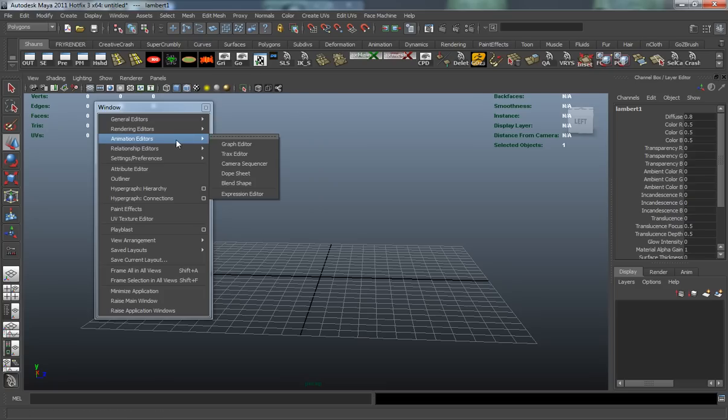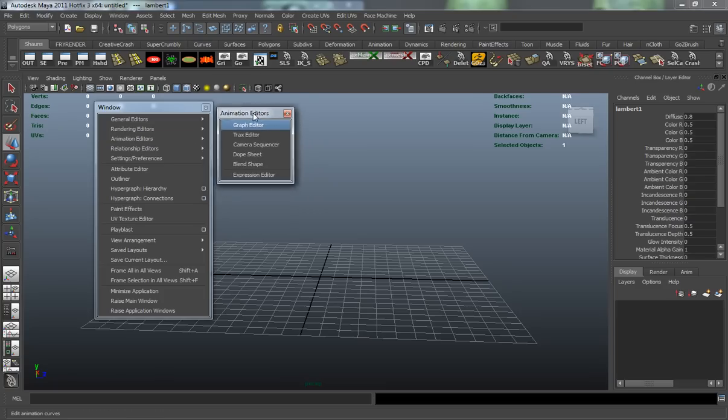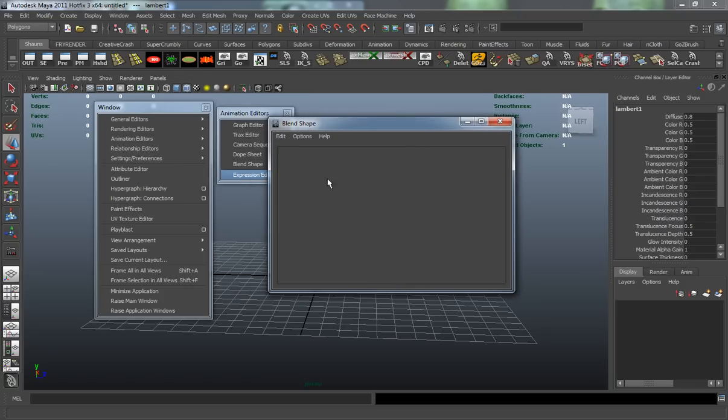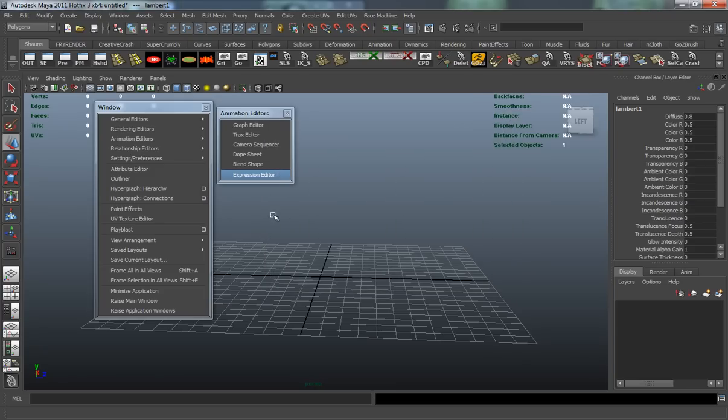Okay, so let's come down here to the animation editors, and as you can see here now, this is going to contain things like your graph editor, which is going to help in animation, your tracks editor, dope sheet, your blend shapes, which are going to work. Say if you have blend shapes on your model, it's going to basically just bring up another window which would contain all of your blend shapes for your model, which is going to be a slider system. Your expression editor, which is